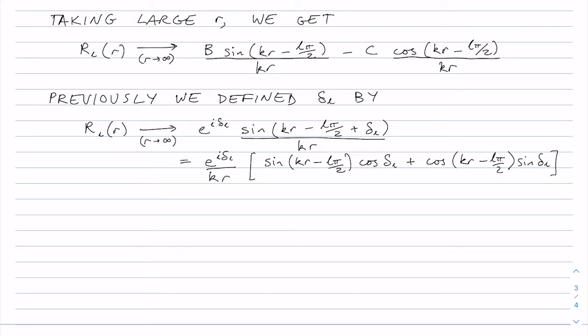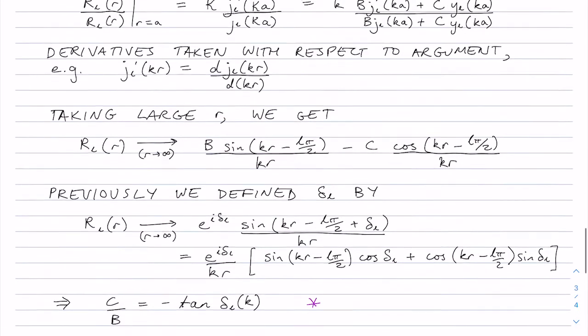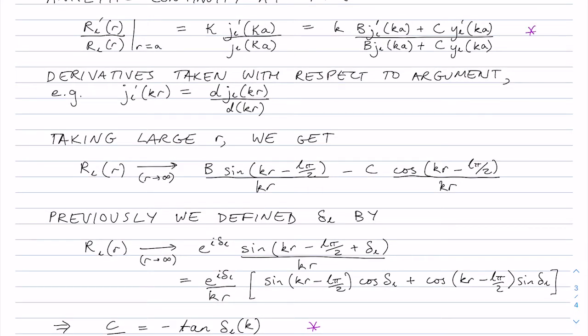And now if I compare this equation with this equation, I can express this ratio B over C in terms of delta. Now I'm going to spare you the gory details, but if I combine this equation with this equation up here that I wrote earlier, then I can put those together and I can obtain